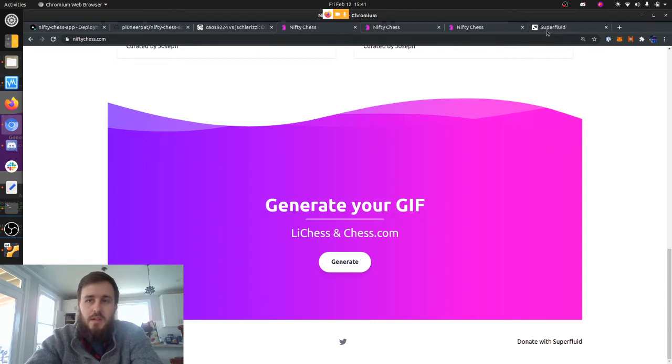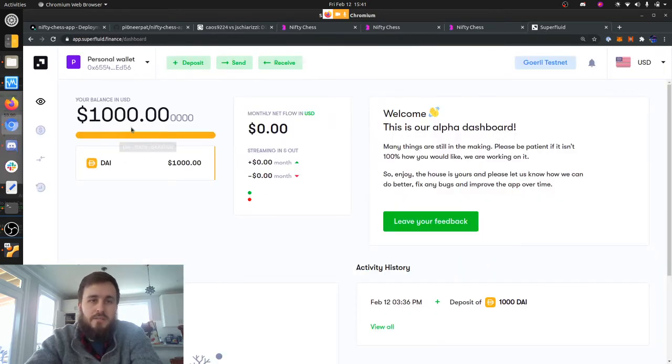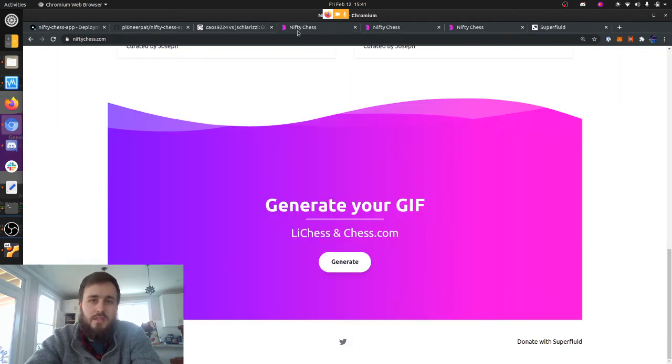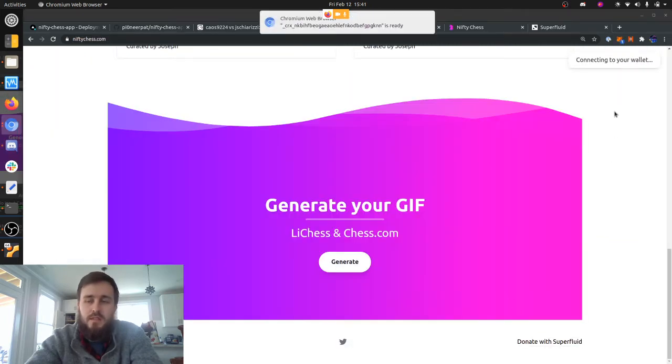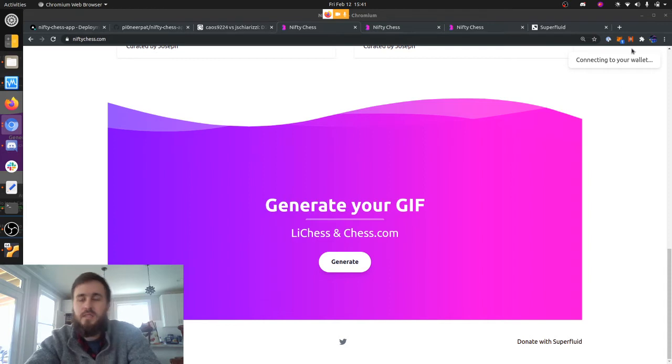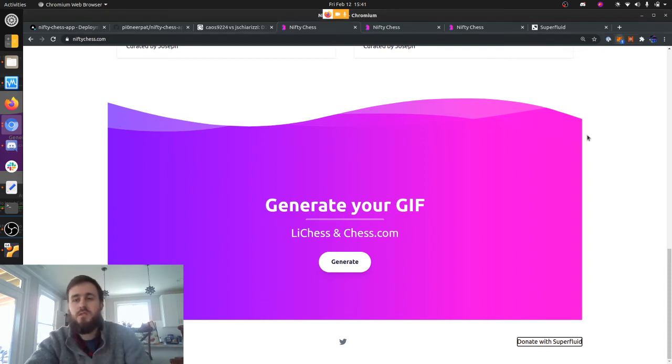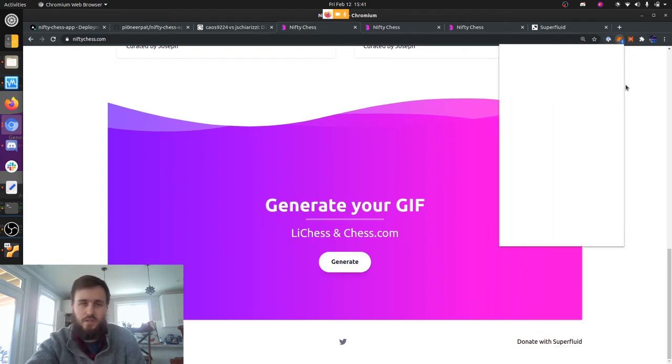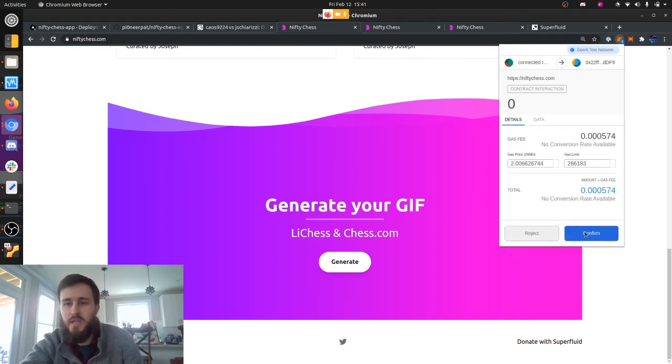And in my account right now, I have 1,000 super token DAI. And so if I want to donate, I just click that, and it sets up the transaction to start sending a flow to the Nifty Chess wallet that we're holding on to. And so the donations right now are on Goerli testnet for this, but once Superfluid is deployed to mainnet, we will